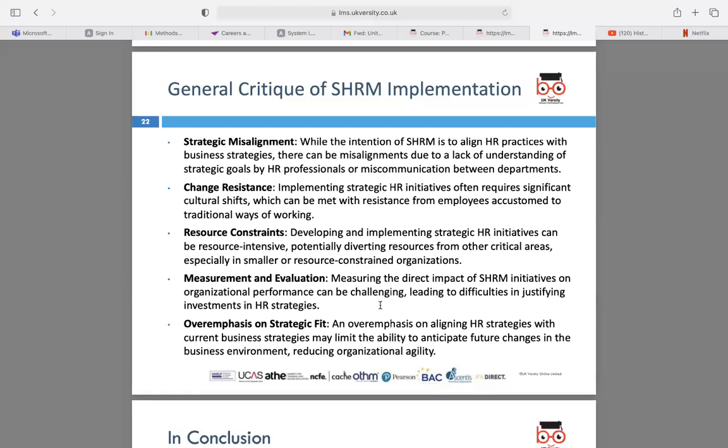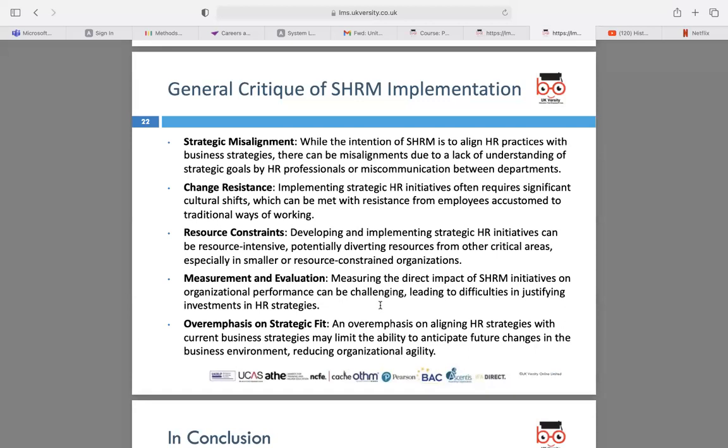Then you speak about resource constraints. Basically, there can be different constraints that come up, and the same resource might have to be used in a different place, and because of that you have limited resources, and having that same resource used in 10 different places might not actually work. Then measurement and evaluation. You can measure the direct impact of how the strategies affect the employees' performance or the organization's performance eventually. Like we spoke about, you're keeping strategies in mind, looking at 3 years down the line.